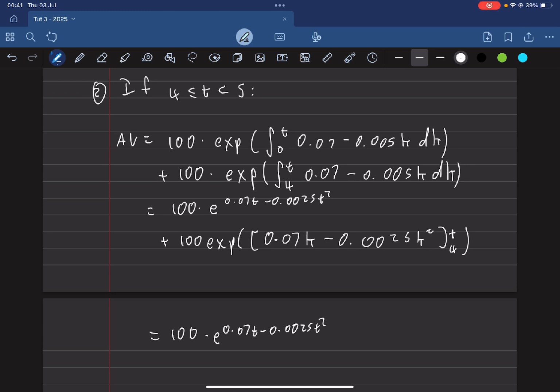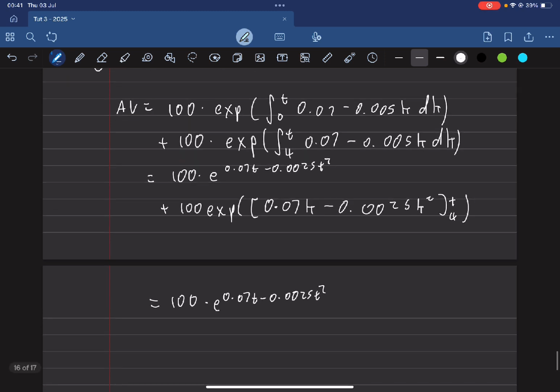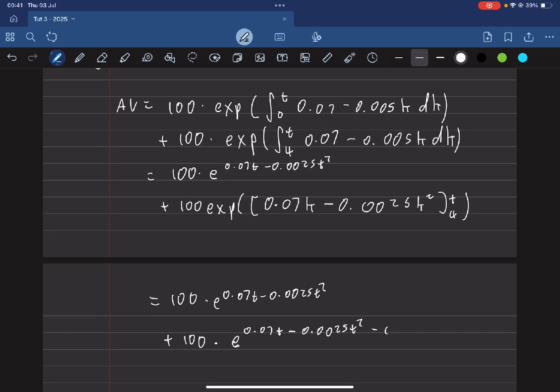When we sub it in, it's going to be plus 100 times e to the power of 0.07t minus 0.0025 t squared. But then we also, when we sub in the 4, we're going to get something, and we're going to get minus 0.224. Okay. So now we want to simplify this a little bit, so you can see that these